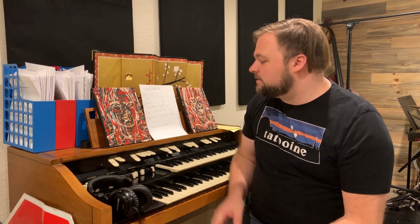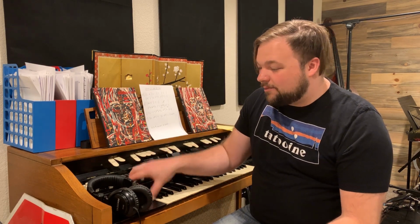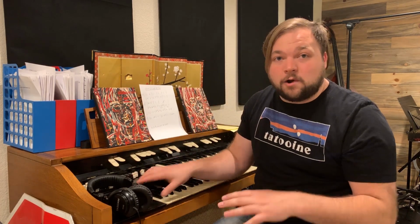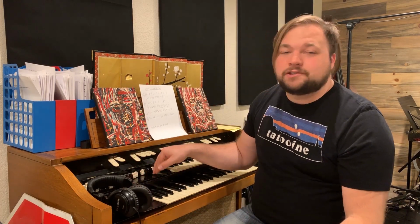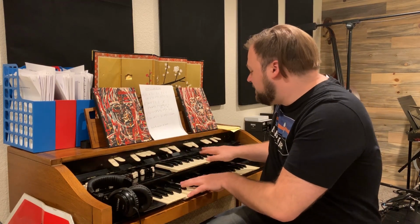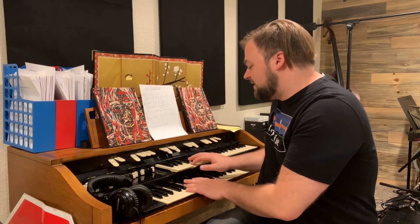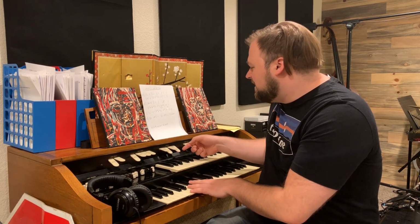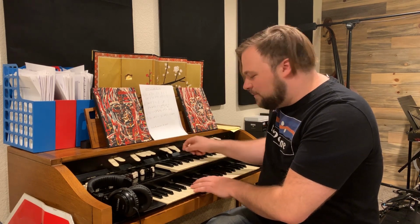And for a lot of players, I'll put them back to back on a real Hammond, and then on a software instrument, maybe we'll be experimenting and wanting to try a few different sounds. Their takes are always better on the real Hammond, even though it might be a little bit more difficult to play. The key, again, it's from 1966. Some of the keys are kind of clicky and weird. Some of the switches are a little bit fuzzy, and you've got to wiggle them a little bit and stuff